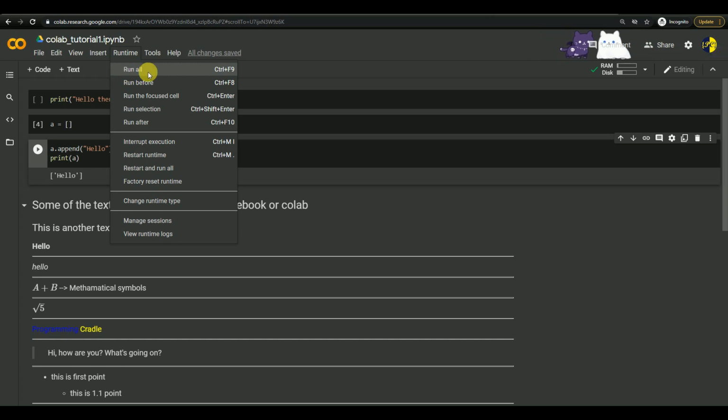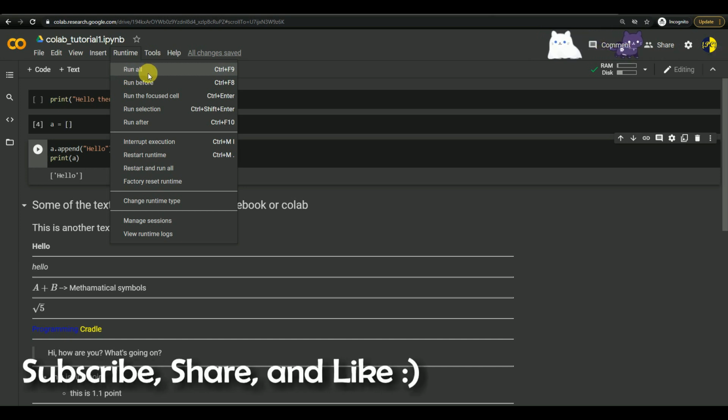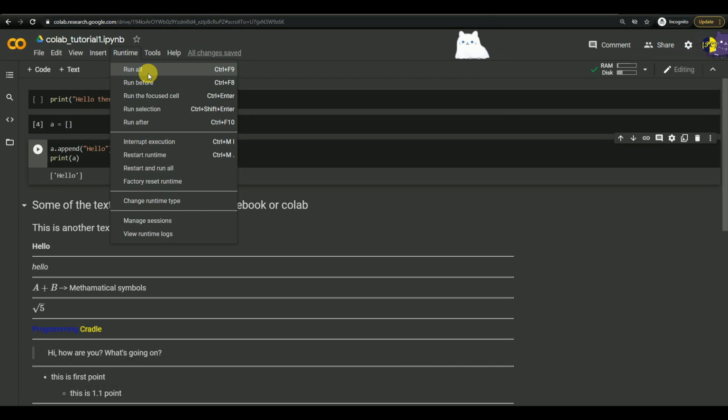But this is not very ideal all the time, because let's say you have a data set with 1 lakh rows and it is text data, so you are vectorizing it or doing some processing, it can be anything which takes quite a lot of time. So if you do Run all every time, it will take too much time.